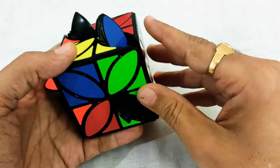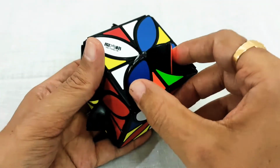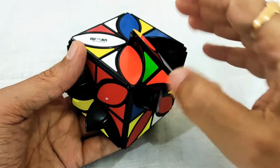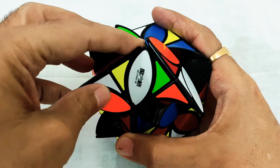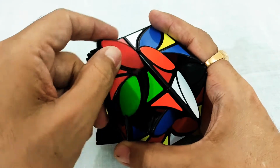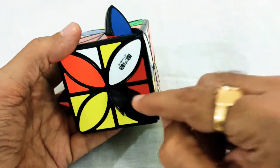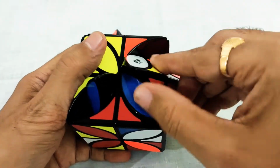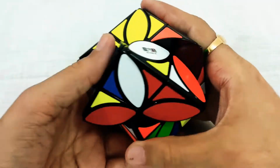So we have two situations like this. We have two petals which are out. So what we can probably try to do is first fix it like this, and try to replace it with this, because here also this was the piece that we can use. Okay, now we have 1 and 2 over here. So let's see if we can fix it. So this, and then probably what we can do is